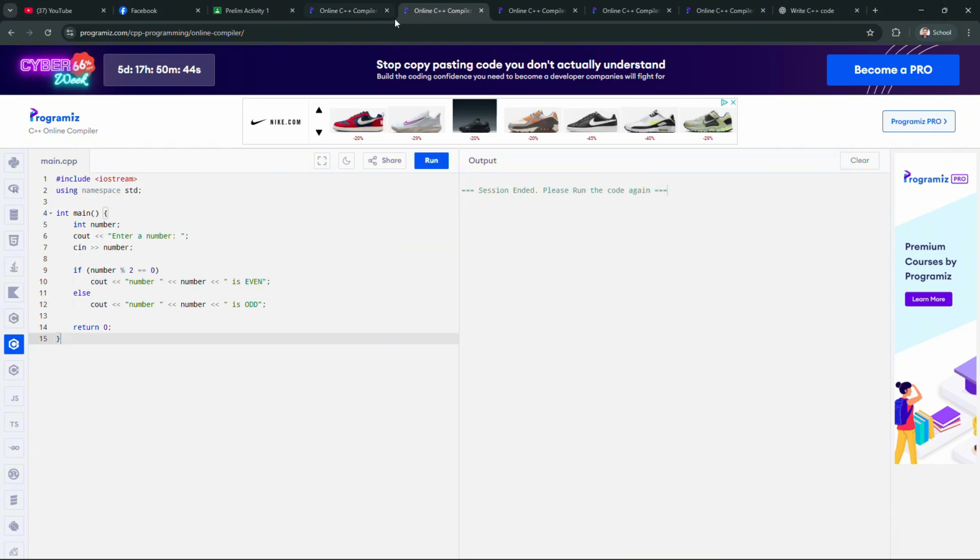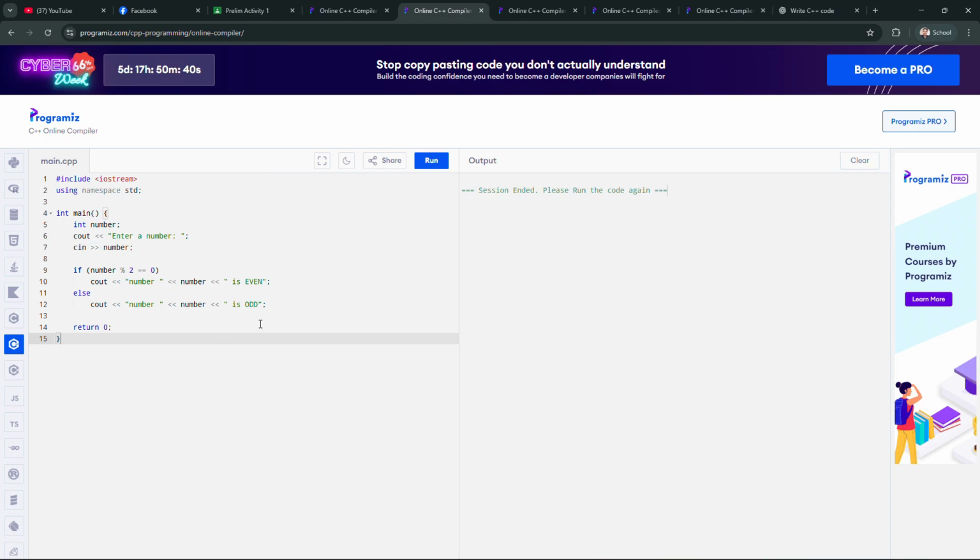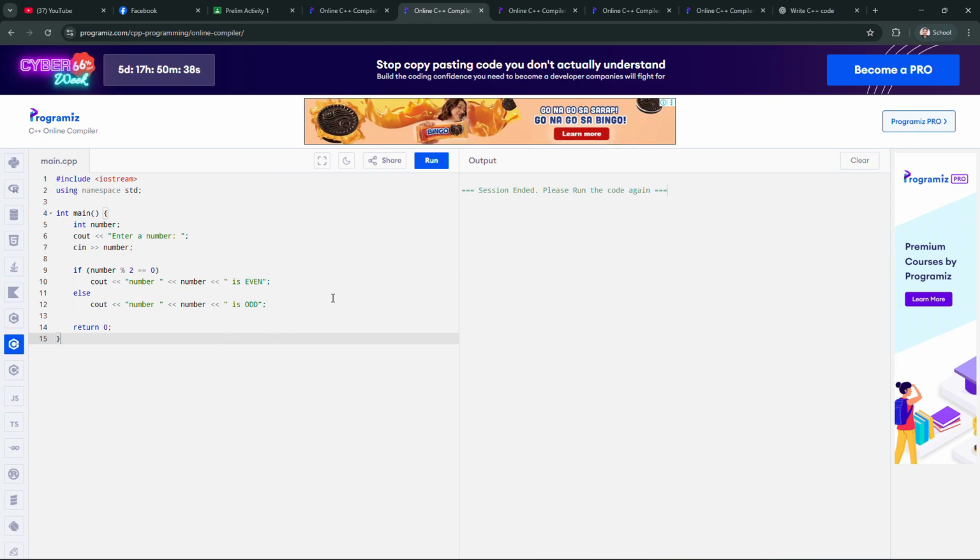Next is the program that should identify if it is even or odd.